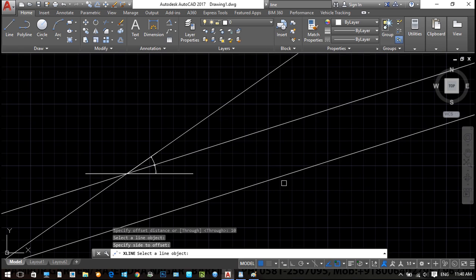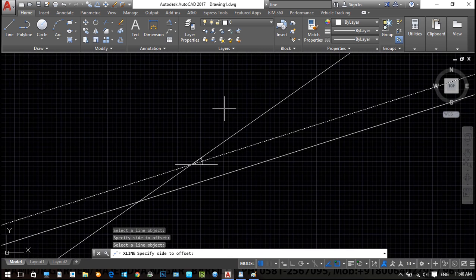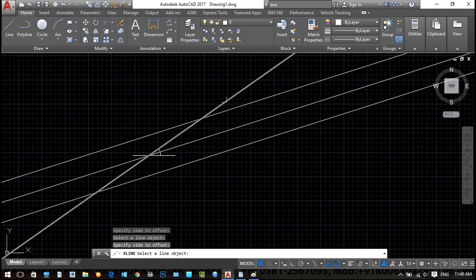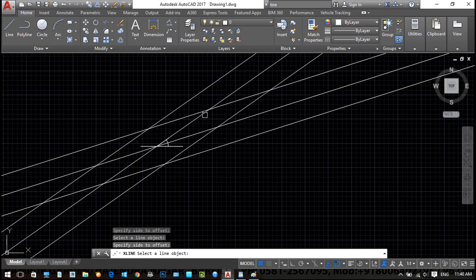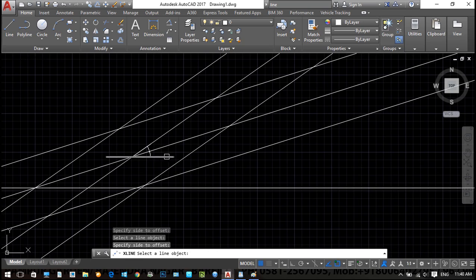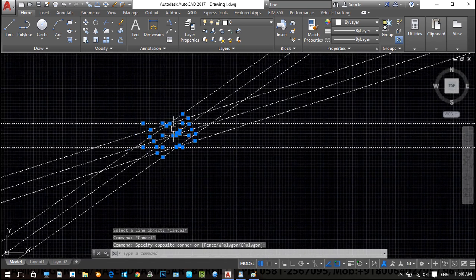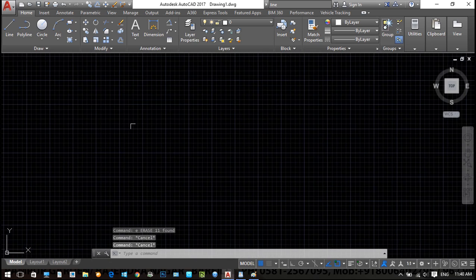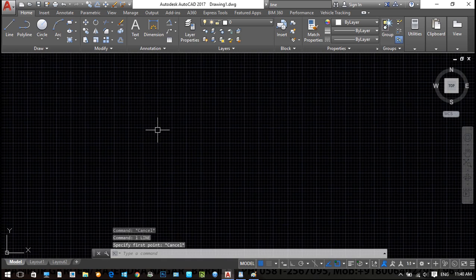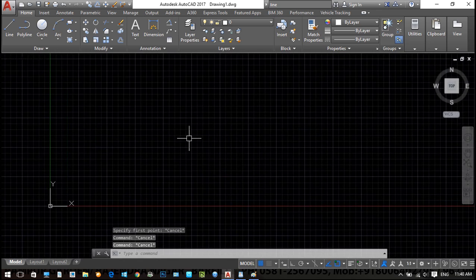It will create a line at distance 10, and again select this line and click out. Same, I selected this here, and same here below. Okay, so that particularly we can create multiple copies by using this. So where we utilize this type of condition, just like we are going to create a revision drawing.